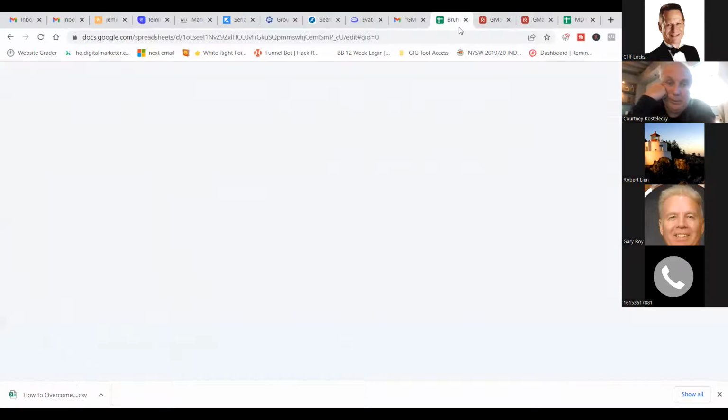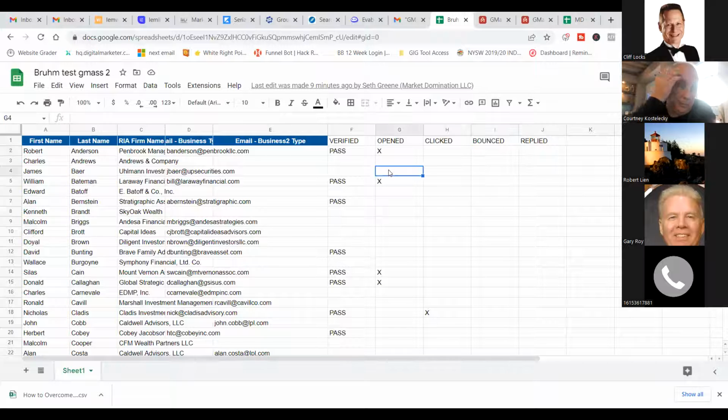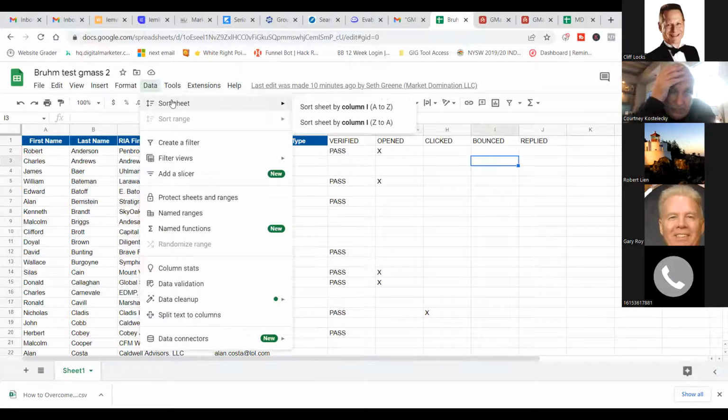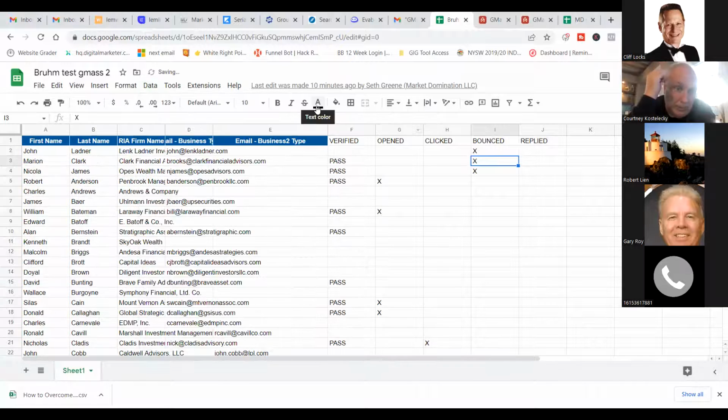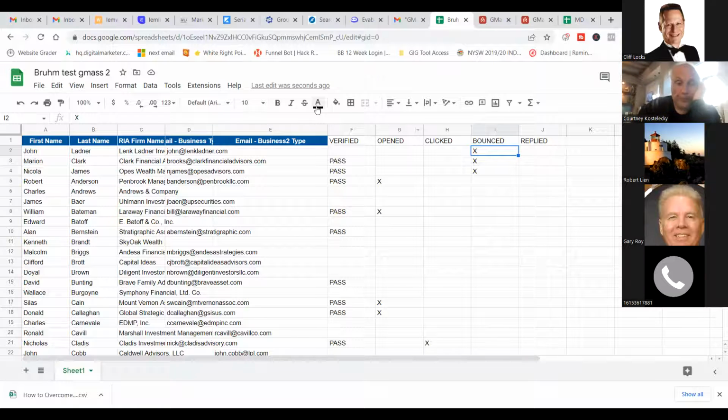One of the things I am doing is going in my Google Sheet, going to the bounced column, sorting, and then deleting the people whose emails bounced, so that the next time I email through the list, I don't email the bounced people. Because we want Google to see the cleaner our list is, the more people that it gets to, the better. If you have too many bounces, then you run the risk of getting in trouble with Google.